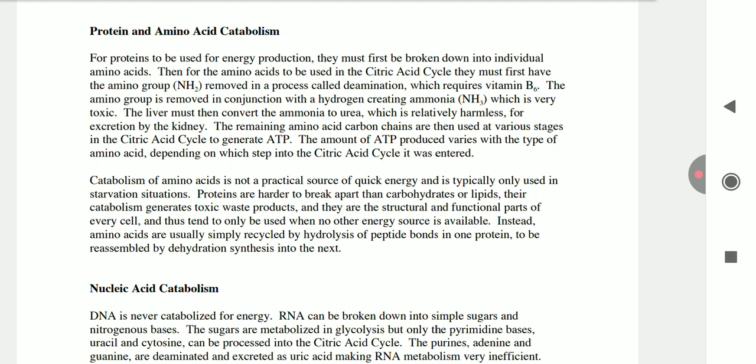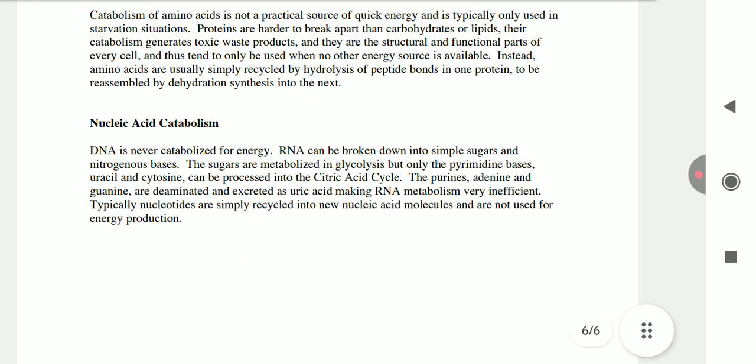Nucleic acid catabolism. DNA is never catabolized for energy. RNA can be broken down into simple sugar and nitrogenous bases. The sugars are metabolized in glycolysis, but only the pyrimidine bases, uracil and cytosine, can proceed into the citric acid cycle. The purines, adenine and guanine, are